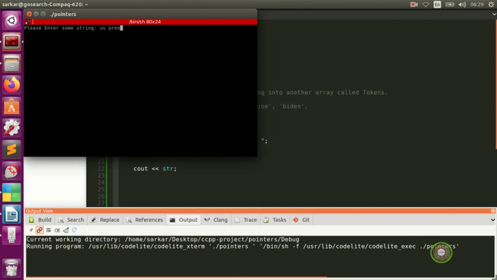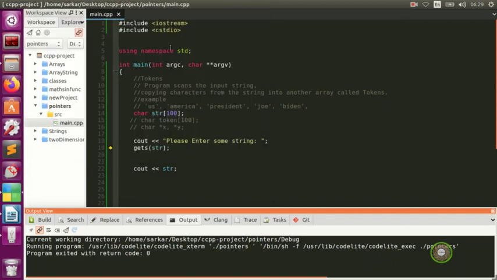US President Joe Biden, and you guys see that whatever string we put, it looks like it's nearly 100, so it will display that string. So our gets is working, because we included this library here. Alright, so we're gonna put our